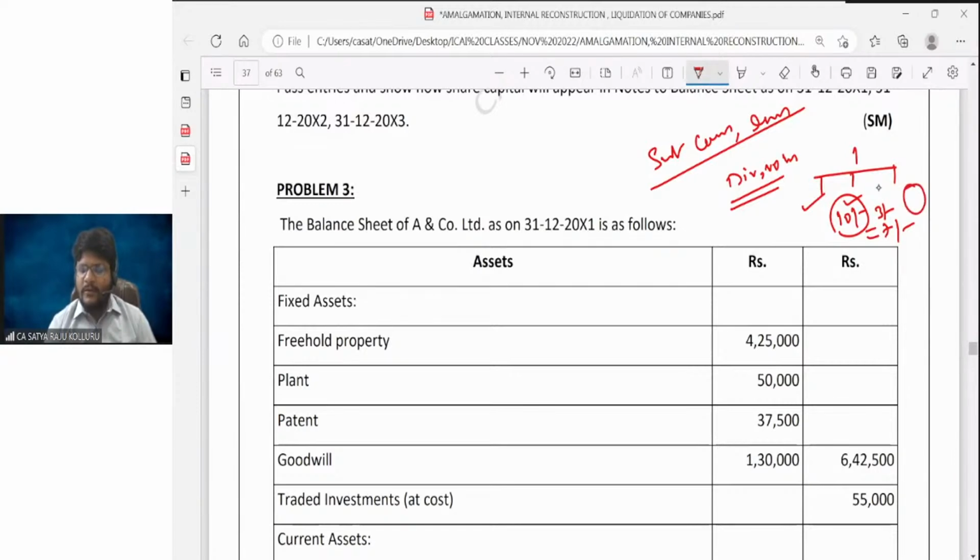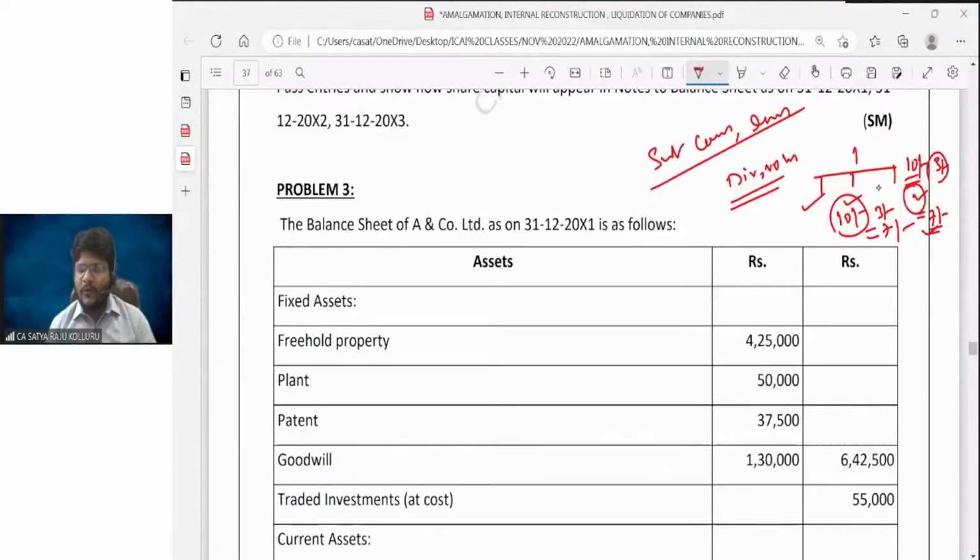And the third choice, the shareholder is ready to sacrifice a certain amount. The same thing happens, but we are not paying any amount. For example, a 10 rupees share is there. If the shareholder sacrifices 3 rupees, then the paid up value will become 7 rupees. Here actually 2 ways of conducting the accounting treatment are possible. One is there is a change in face value as well as paid up value: 10 rupees face value changes to 7 rupees, and paid up value also changes to 7 rupees. The second choice, there is only reduction in paid up value, but not in face value.